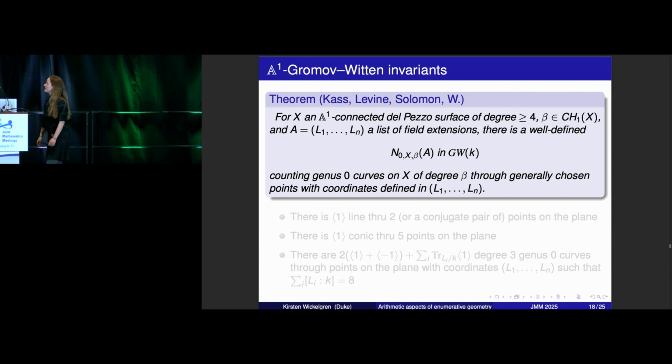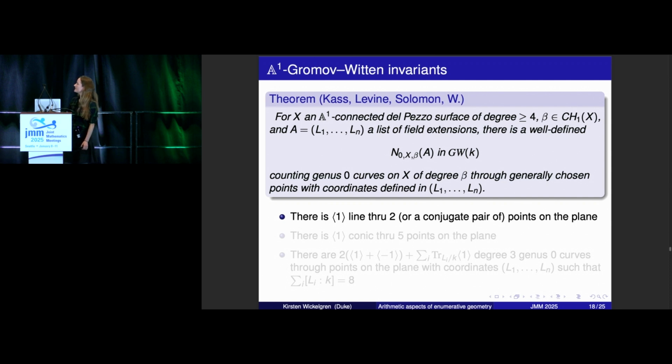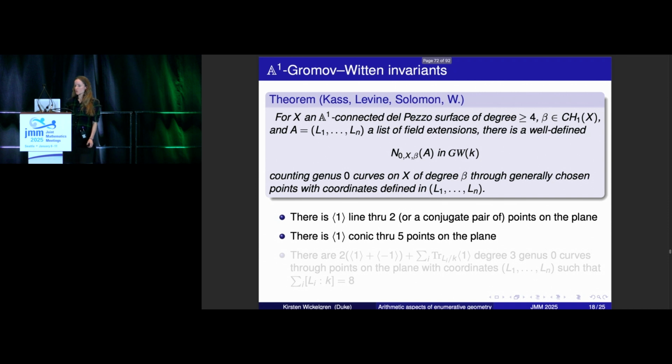of such curves. So what this gives is that there is one line through 2 points on the plane if they're rational, or in fact, if they're a conjugate pair of any degree 2 extension. There's one conic through 5 points of the plane, and again, those can actually be 3 points that are in a conjugate pair for some L1 that's degree 3 over your ground field. So it might be 3 points that are really in one Galois orbit, and then two rational points. It doesn't matter what they are.